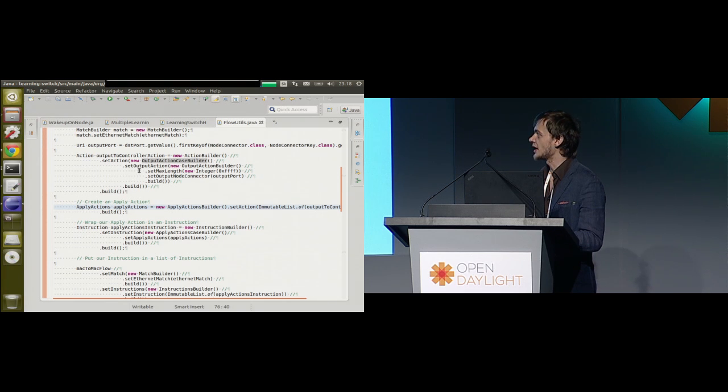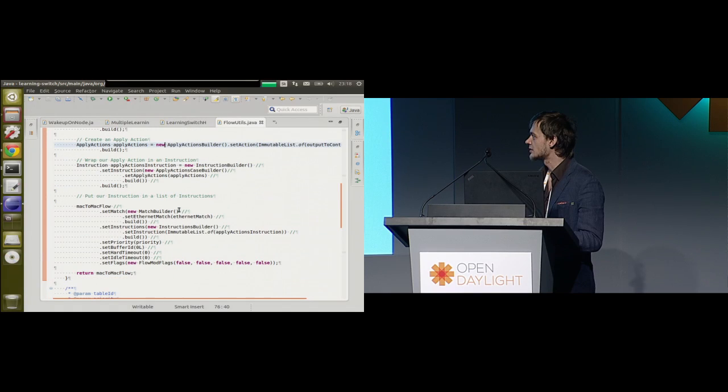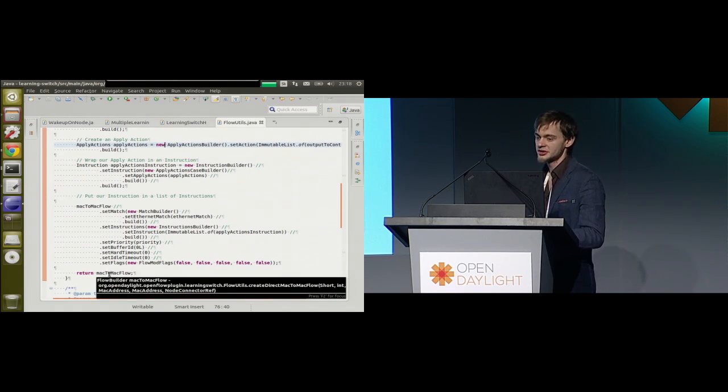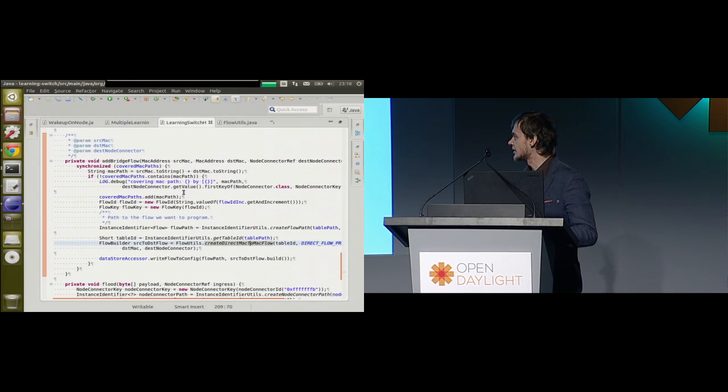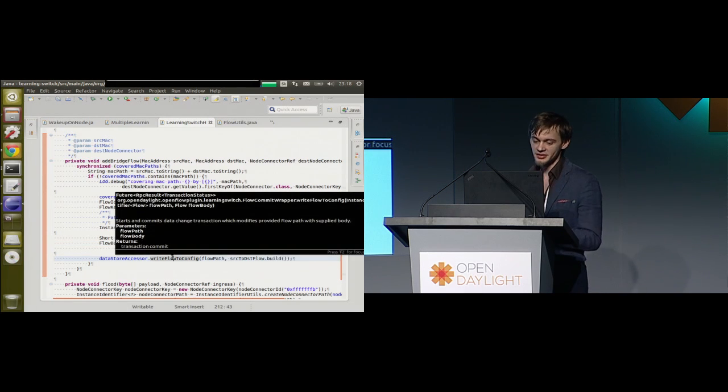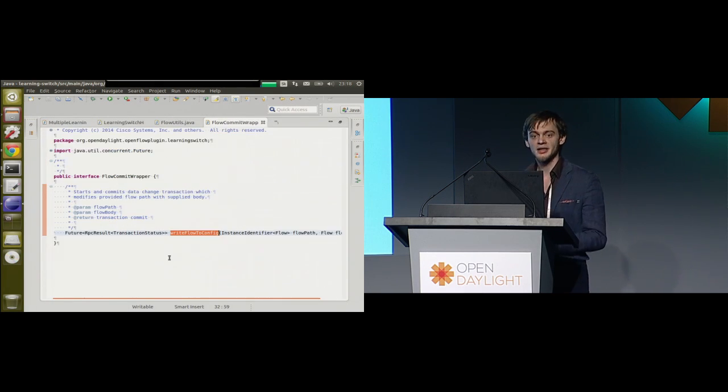We need to put that action into the apply actions instruction. And then we are basically building the rest of the flow and returning it to the code. And now comes another aspect. Basically, we are writing that to the data tree. Any write to the data tree actually results in